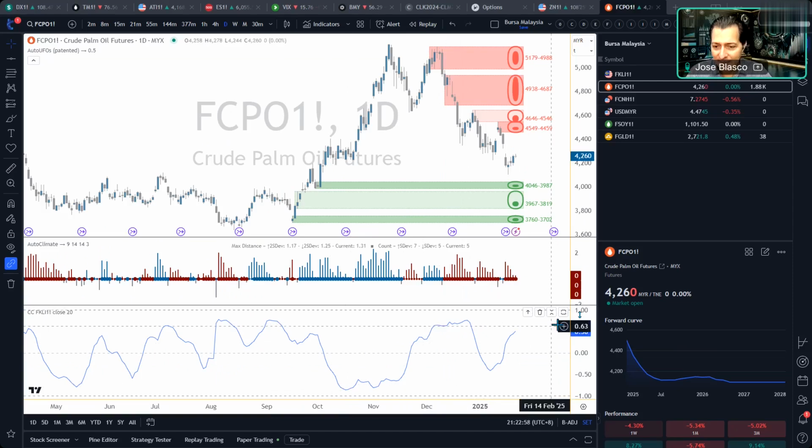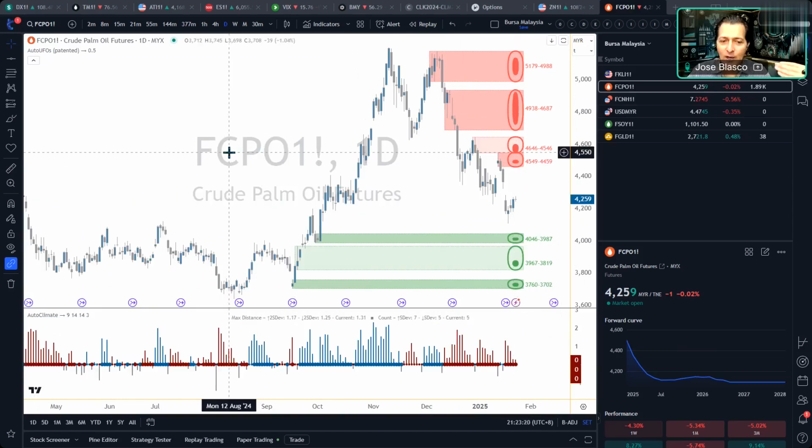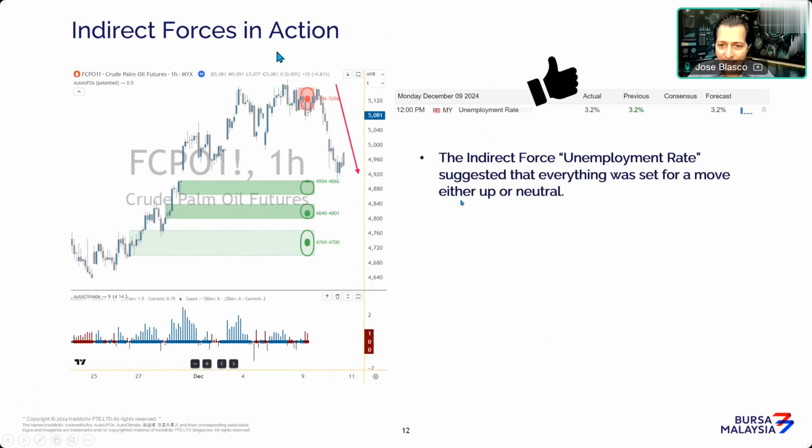So again, correlations are something that is changing, as you can see, okay? So you could not say, okay, because the correlation is positive, it will always be positive, and FCPO will always move like FKLI. It's not the case. They often move totally opposite, as you can see here, negative correlation of minus 85% or something like that. So, yeah, but it keeps changing. That's the whole point. And changing means flow of orders from one market to another. So again, that's another reason why I'm calling these direct forces, just being pragmatic, because it's the very real thing that moves prices going from market to market. It is us clicking the button and sending orders here and there.